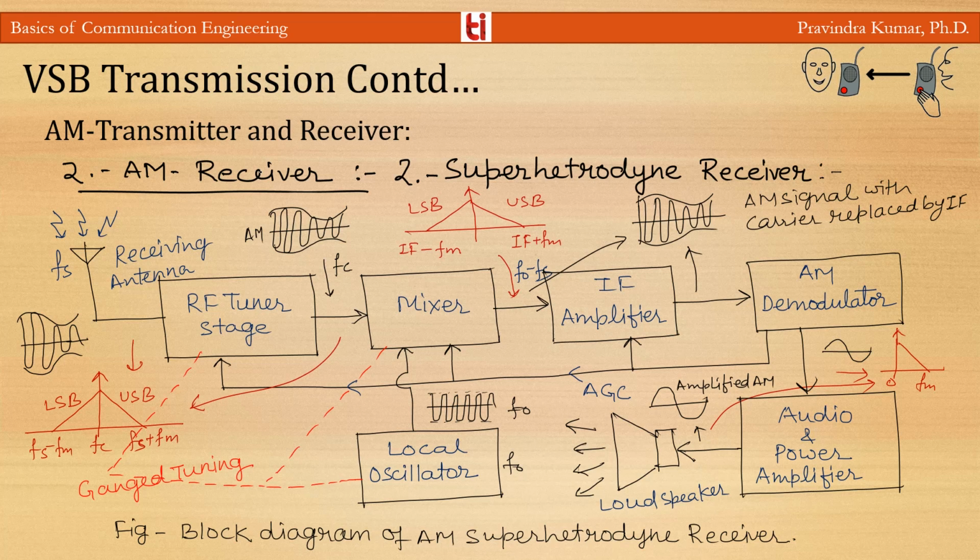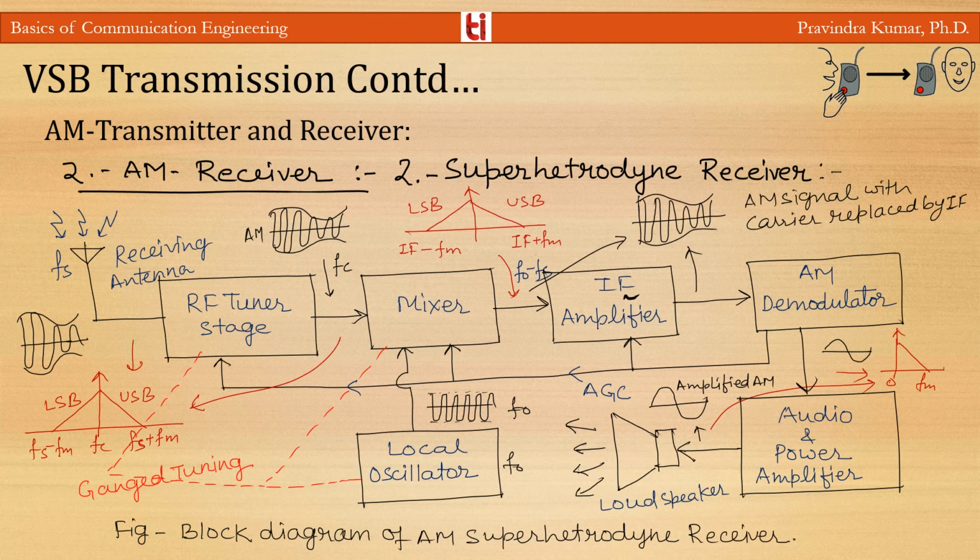Here, as the IF, intermediate frequency, is lower than the lowest RF signal frequency, the possibility of oscillations and instability is minimized. So the amplifier will not work as an oscillator, and instability of the receiver is minimized because the IF is constant and the same for all the incoming RF signals. So there is no variation in the bandwidth. So the superheterodyne receiver solves all the problems associated with the TRF receiver.